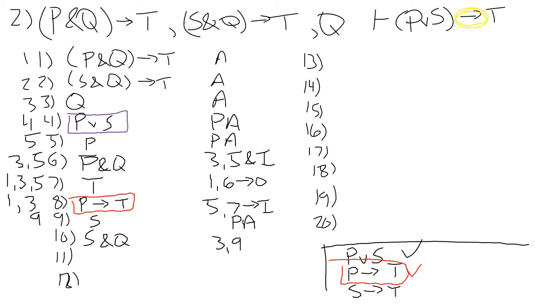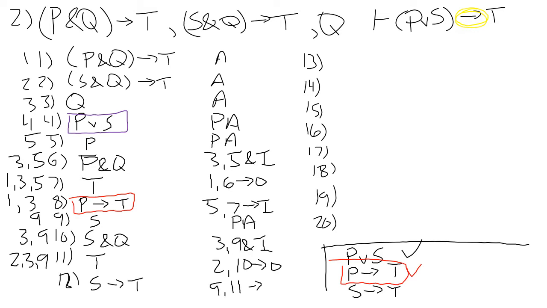3 and 9, ampersand in, 3 and 9. Then we need to get the T out from 2 and 10, arrow out, 2, 3, and 9. Now we've got to our T, depends upon our PA, our S, so we can S arrow T from 9, 11, arrow in, 9, 11, so be 2, 3, and 9, but the 9 will drop out because that's our PA, and so that's our second